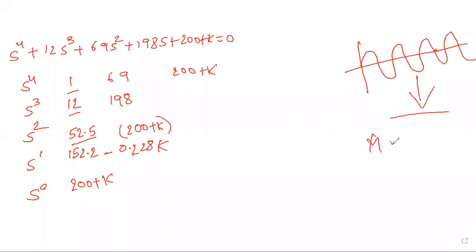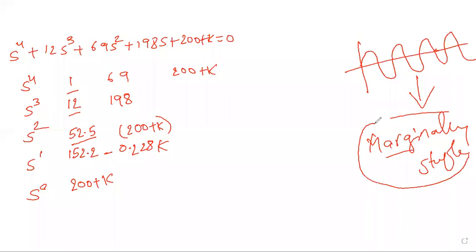When the marginally stable case comes in the RH criteria, what is the possibility? When does it come? Is it case 1 or case 2? When the marginally stable case comes while forming the Routh array of the given characteristic equation, when does it come? Tell me, when does the marginally stable condition come?